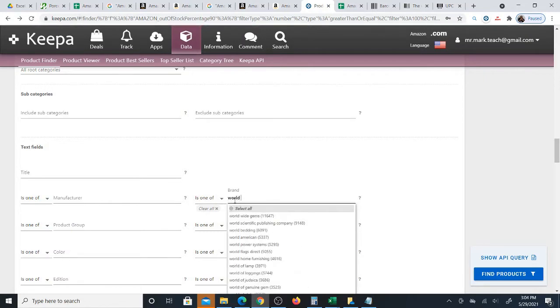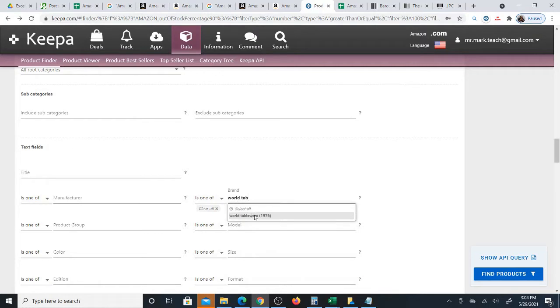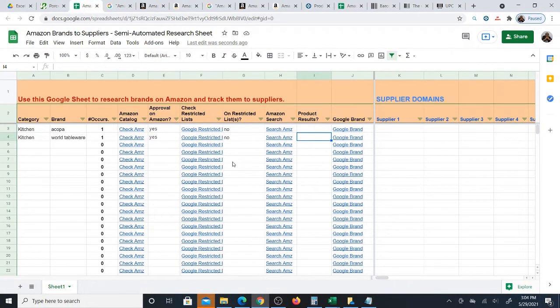Before I even finish typing the full name, Keepa is going to show me World Tableware has 1,958 products, okay? Way more than what the Akopa brand was giving us. So World Tableware, way more products, right? In fact, if you have Keepa and you have the exact number, you can put that